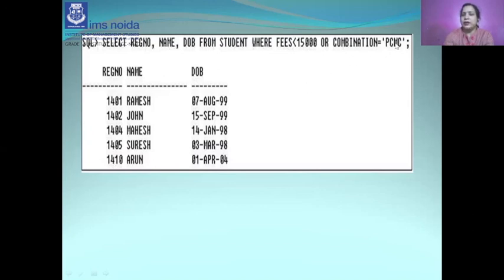We had only three records with PCMC, but we have certain records for students whose fee is less than 15,000. So it will display all those records for the name and date of birth where either this condition is true or that condition is true. As we know, the OR condition checks either of the two conditions.